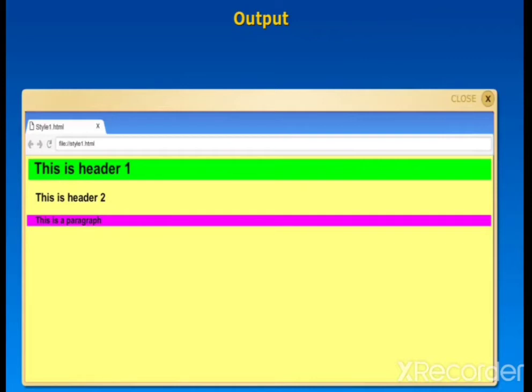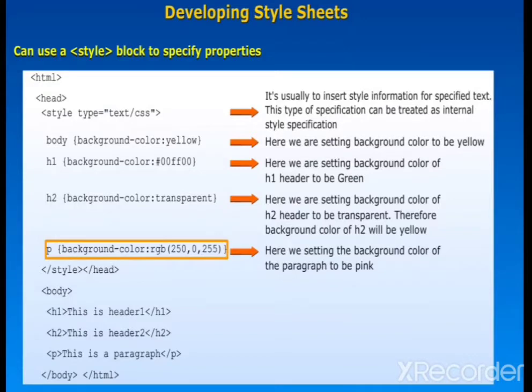Complete yellow background, which is mentioned previously in our example. See here, background color is yellow. Actually it is in the fourth line. Here the background color is yellow. Okay, next,